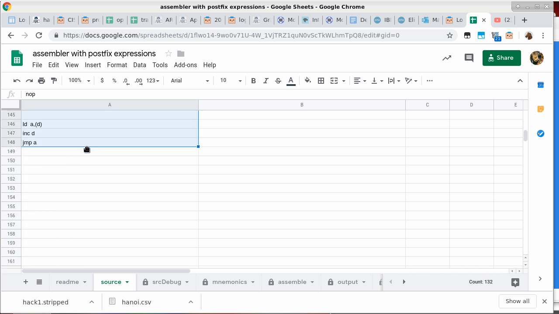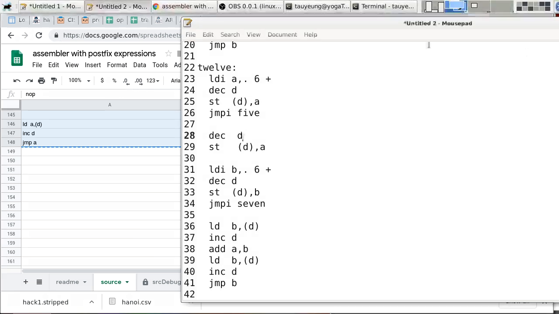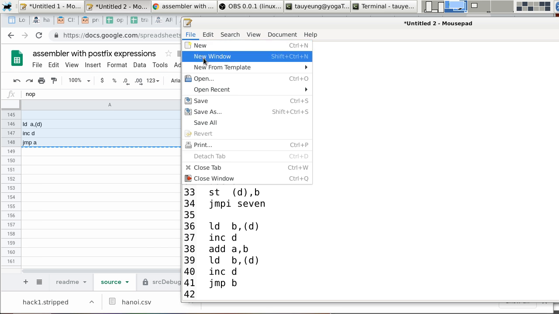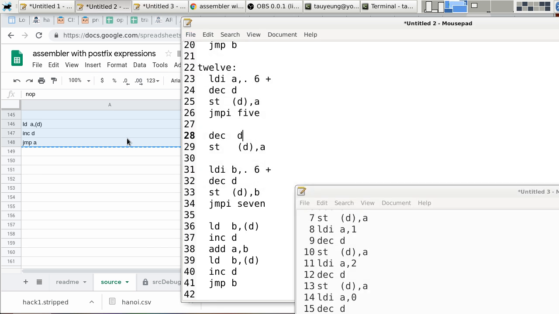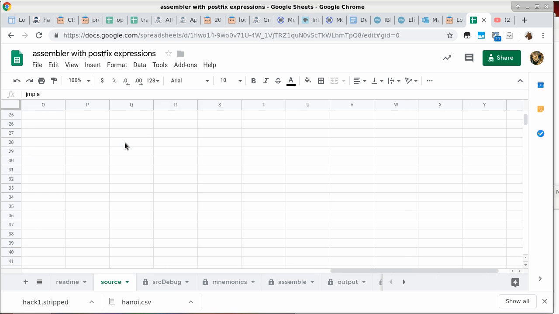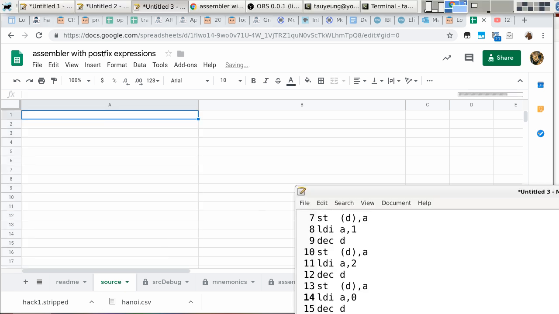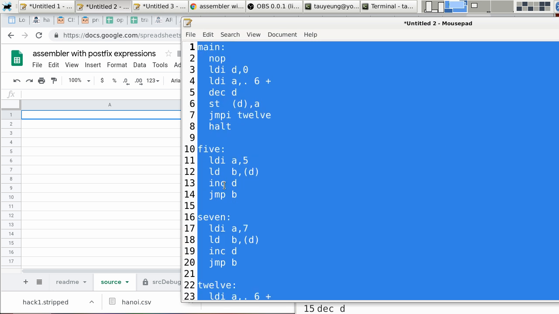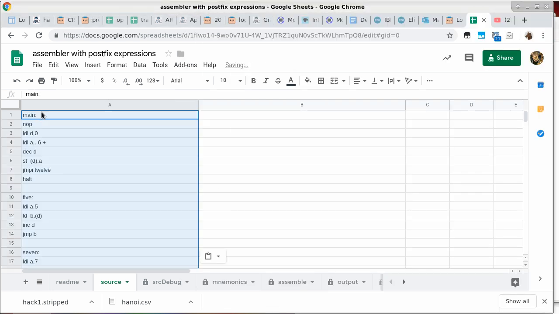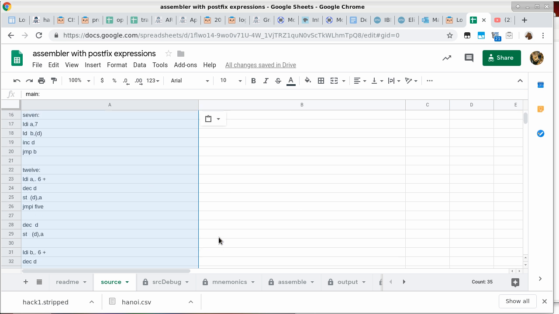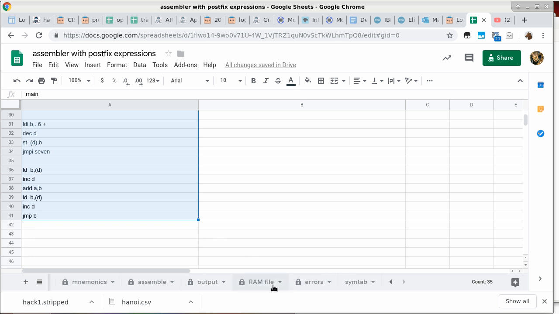Okay, copy that, and paste it into another window. There we go. And then now we can clear. And then we have to copy and paste the other program in. Copy and paste. Double check, make sure there's no error. Okay, it's all good. And then go to RAM file,